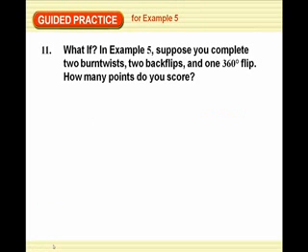Okay, the guided practice for example number 5. What if, in example number 5, suppose you complete 2 burn twists, 2 backflips, and 1 360-degree flip. How many points did you score? So going back to that table, 2 burn twists are 500. And you could multiply as you go, but since we're practicing, let's write this as a 2 times 500 plus 2 backflips. Backflips are 400. So 2 times 400 plus 1 360-degree flip, which is 150, and I'm getting these in the table at the